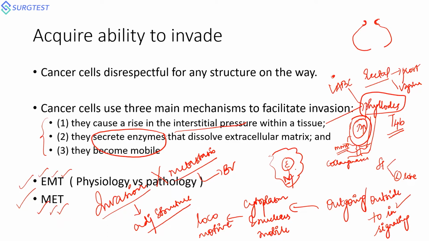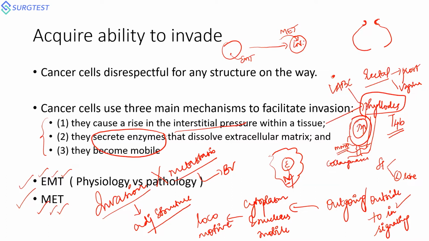The same thing occurs in reverse at the implantation site. Say, for example, a tumor tissue arising from the breast will have an EMT occurring at the local site. Once it goes into the lymph node, it has to go inside the lymph node. This is called MET, mesenchymal to epithelial transition, where it will be transformed from a mesenchymal cell into an epithelial cell and deposit here.